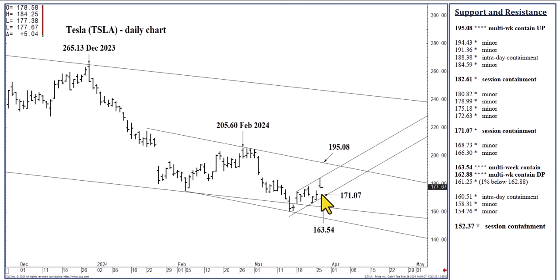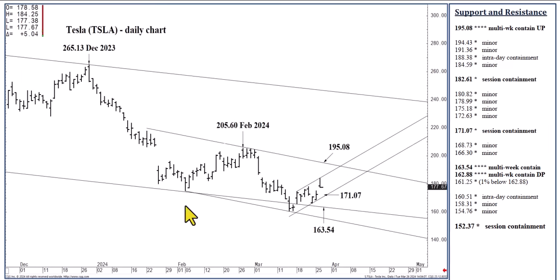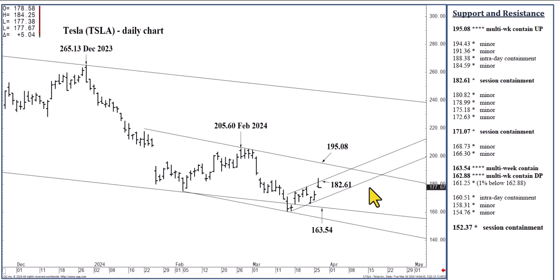I'm going to call this our 2 to 3 day swing trade, because that's really what it is. Buying 171.07 allows 182.61 within 2 to 3 days. Selling 182.61 allows 171.07 within 2 to 3 days. If we close above 182.61 today, we're just 3 to 5 days at the very most from reaching our